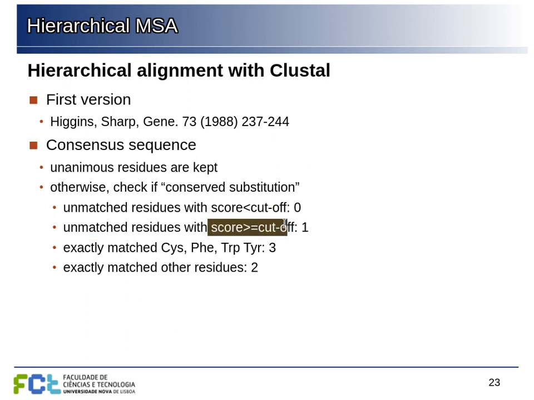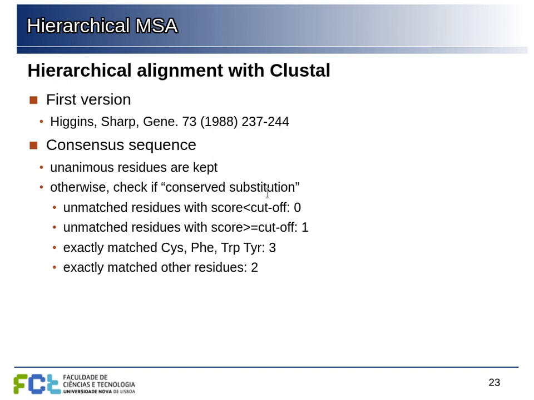So if the substitution was still fairly good, they will count 1 for those, even if they do not match. If some residues like cysteine or tryptophan and so on matched exactly, this would count a lot more. It would count for 3 because these are rarer residues and they tend to have important structural roles in proteins. Exactly matched residues count 2 and so forth. So they have this scoring scheme that tries to divide between different types of conservation and substitution in the sequences in order to find a consensus sequence.